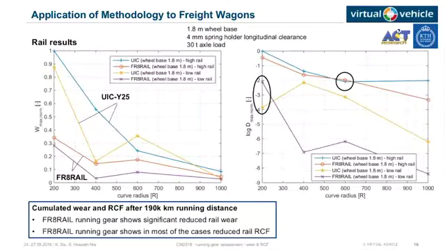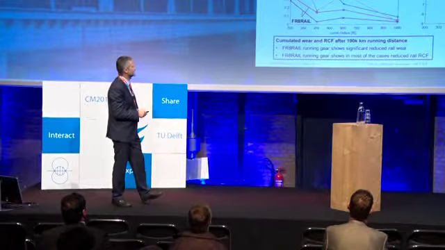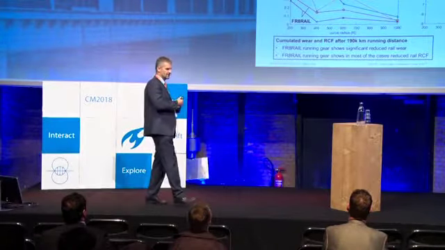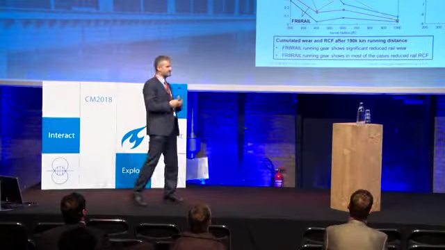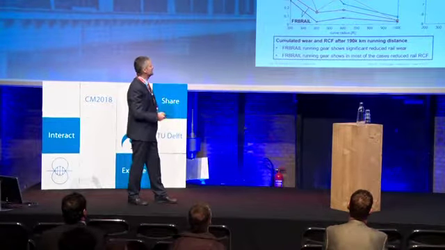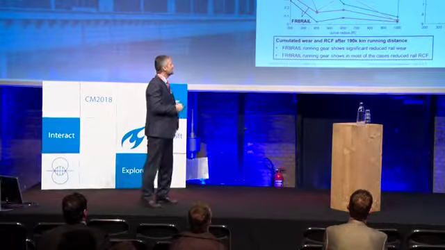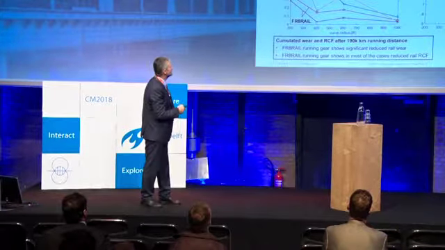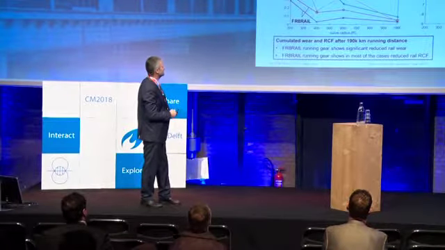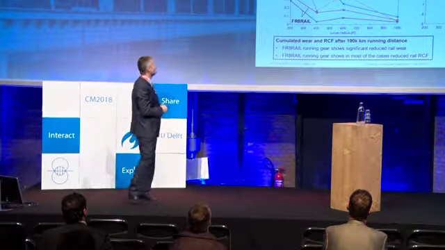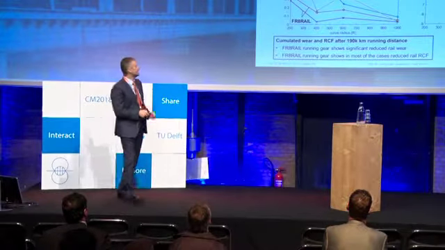It's a little bit different when you look at damage values. Again, the same comparison. In most of the cases we have an improvement with respect to RCF, but there are two cases. For example, here in a 600-meter curve, the freight wheel running gear has slightly higher damage values because the model takes into account not only the stresses, but also the plastic shear deformation. So medium loads can result in damage, and the same is true here for tight curves on the low rail, where the freight wheel running gear also shows slightly higher values.